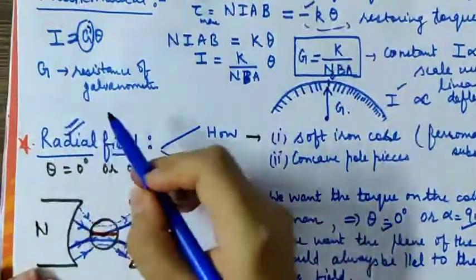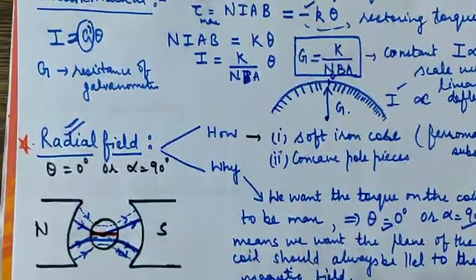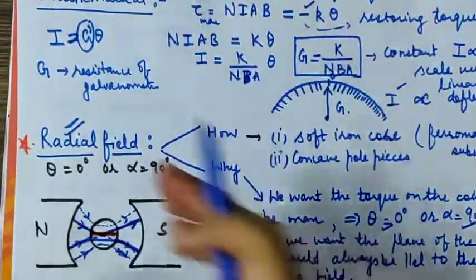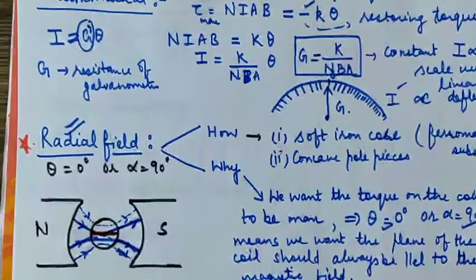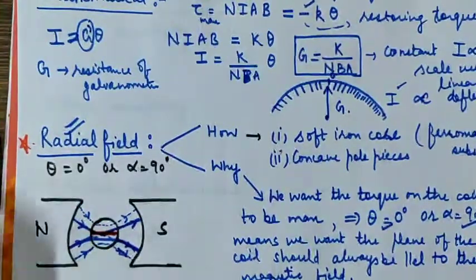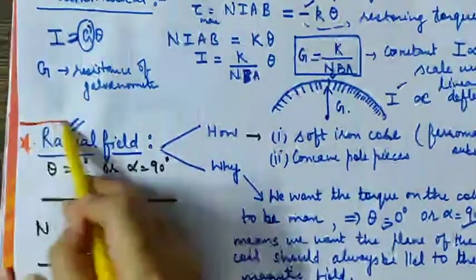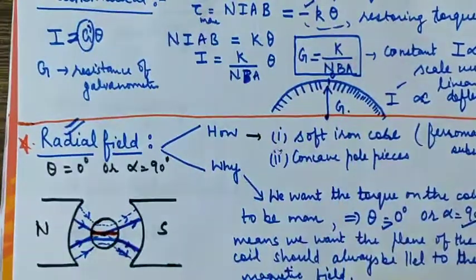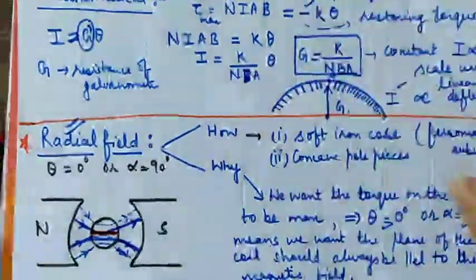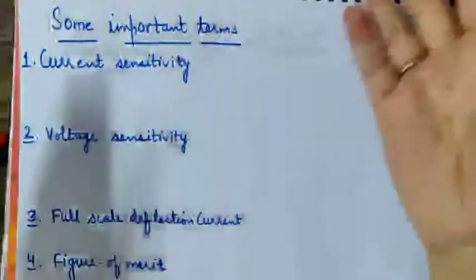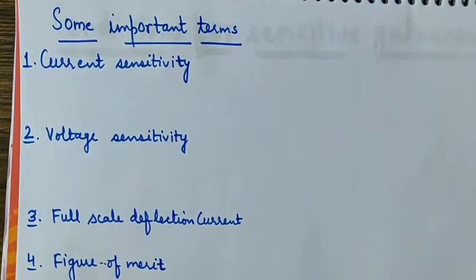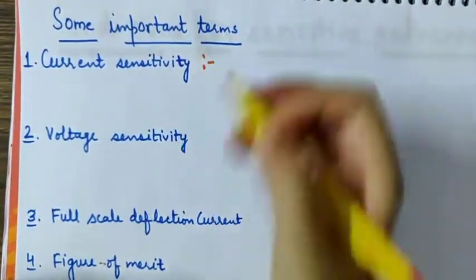It is also a very important point. In a question of 5 marks, 2 marks are allotted to asking what is the radial field, how it is achieved, why the field is made radial, draw a diagram to show the field is radial, and something like that. So it is a very important topic, so you must learn it in differentiation with the above one. Coming to some important terms which are involved, the topic is complete, but we have to further learn some of the important terms.